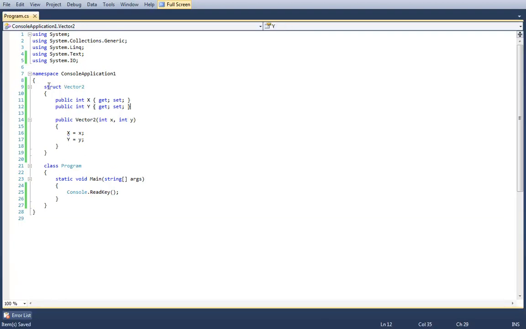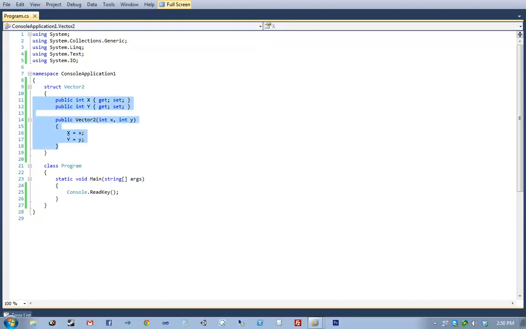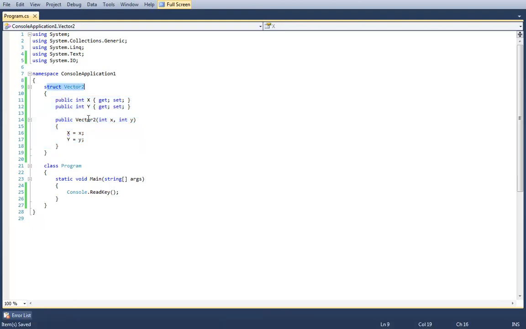The default accessibility of members like this is going to be internal. So both of these, the accessibility of vector2 is internal, the accessibility of program is internal, although that doesn't impact the accessibility of the members. Keep in mind that in C++, the default accessibility of structs is public and of classes is private.